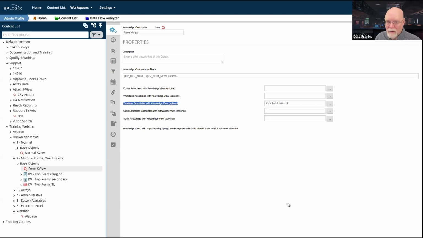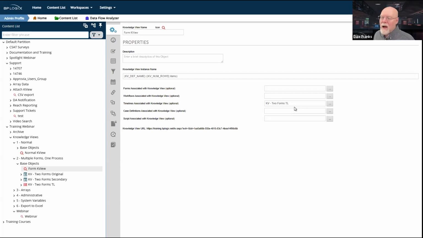And if I add a second form or a third form, then those forms are also going to become timeline attachments. That's good for me, because what that means is I can say, okay, fine, let's look at the timeline itself. Because I have two forms, or three or five, or however many you have associated with that timeline, and I want to see all of the data from all of the forms, I can pick timelines associated with knowledge view, and it's going to return all of the forms for me.